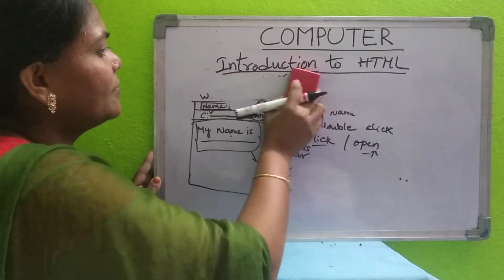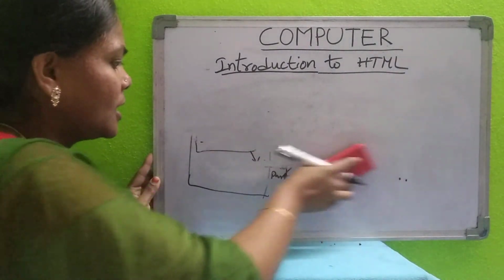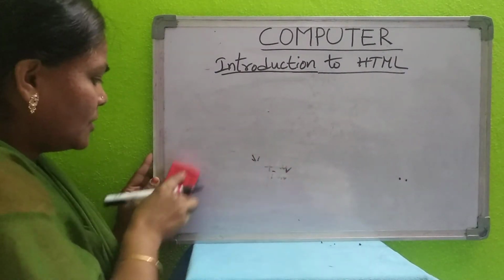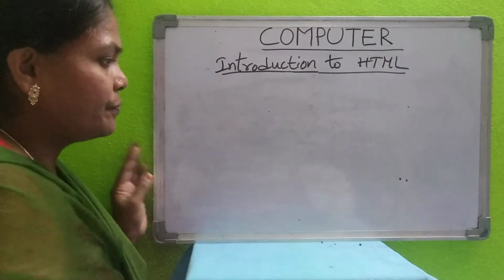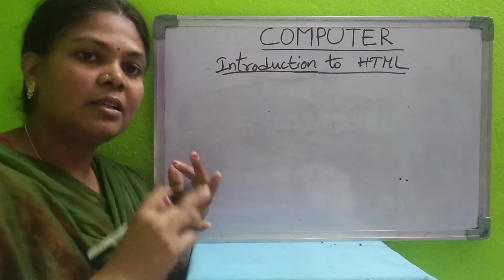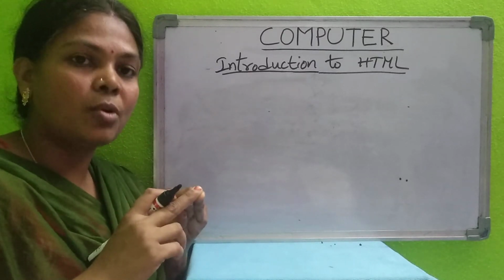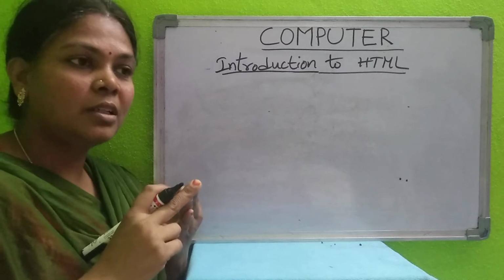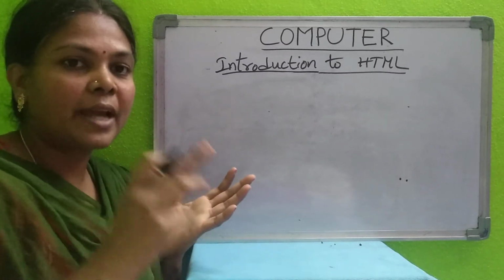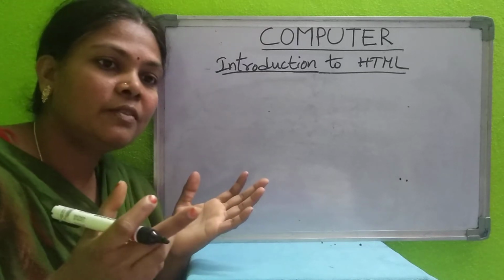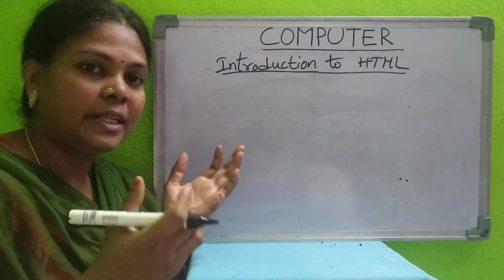Okay children, and we can change the color of the font. We can change the color of the text using font color or direct text you can use. Okay, and about the break element and how to change the color and what are the attributes of the body. Attribute is nothing but with the tag we use another function which can increase the functionality of our tag.